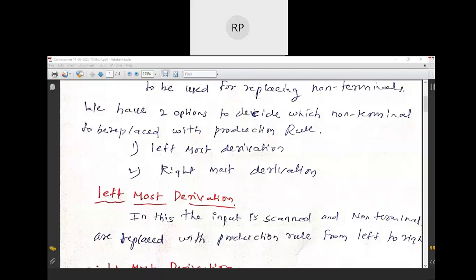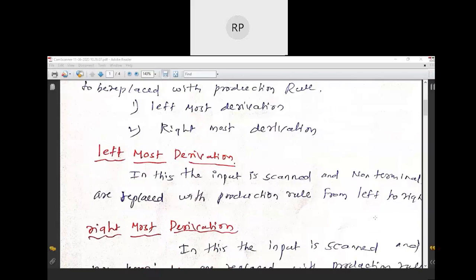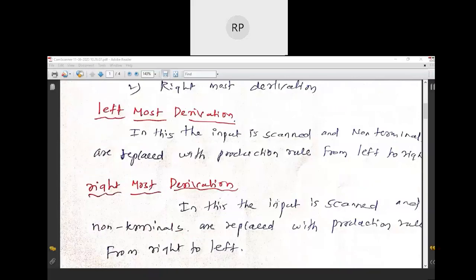This type of derivation is called leftmost derivation. The second type of derivation is rightmost derivation.